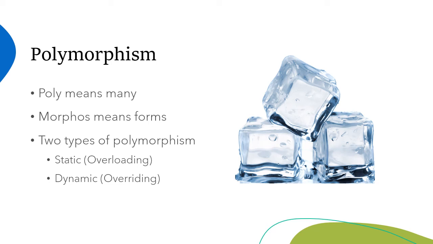So let us understand the first one, which is static. In method overloading, we change the parameter, and based on the parameter, the same method name can be created. So I can have, let's say, three add methods with different parameters. Now here, if I compare it with this ice example, the parameter is temperature, right? So if the temperature is changing, that is changing its form, right?